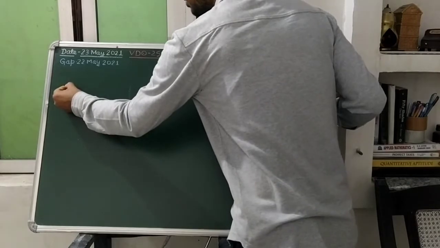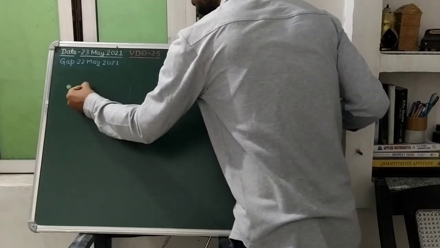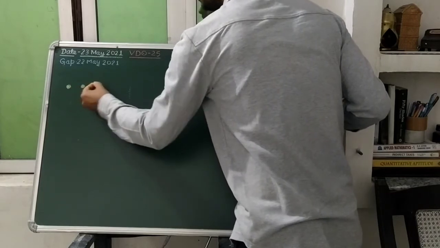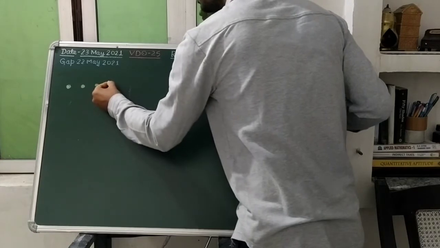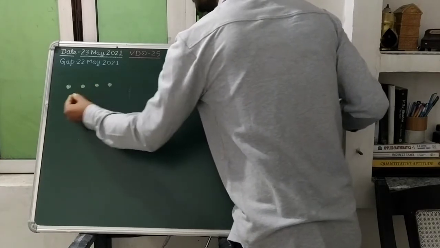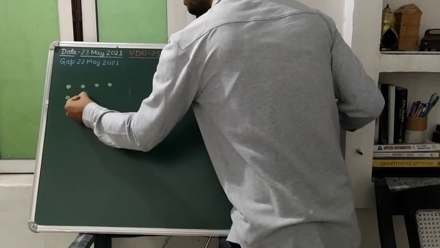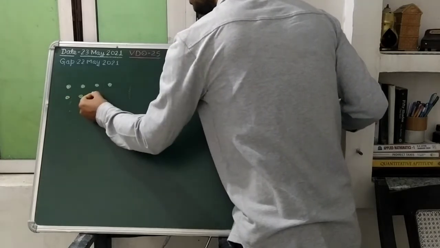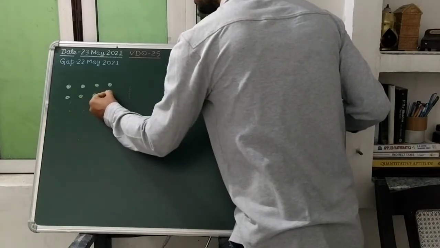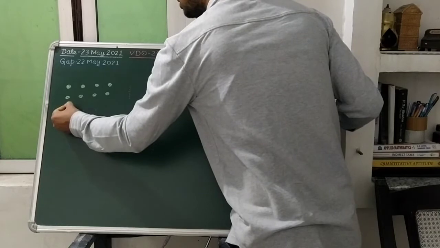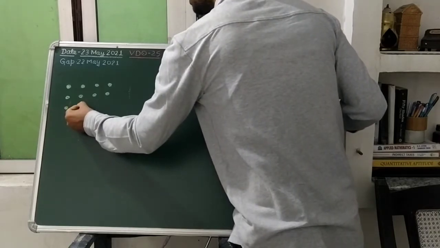I am giving you a kind of array. You know that an array will have rows and columns. So a kind of array I am giving to you. Try to observe this, students. I am drawing a kind of array of dots, and we want to realize this multiplication, isn't it?